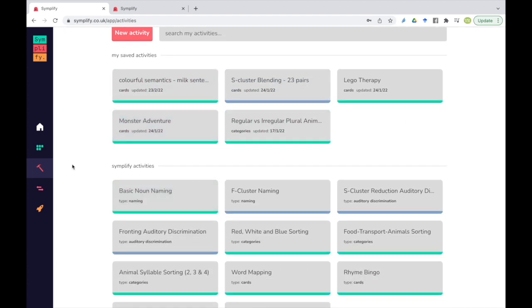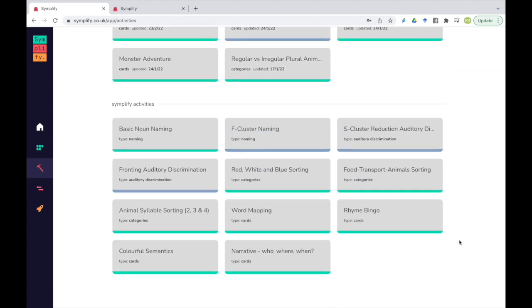This is just like the lists where you have your own lists and then you have our Simplify lists at the bottom. We've just created a selection of activities really just to demonstrate some of the things that you can do and to give you some content to get you started. We will gradually build that up over time and add more activities on there. Maybe let us know what you'd like to see on there, or the sorts of activities that you feel are real bread and butter that will be useful for all therapists or lots of therapists to have. Or schools as well, and we can always add them in anytime.